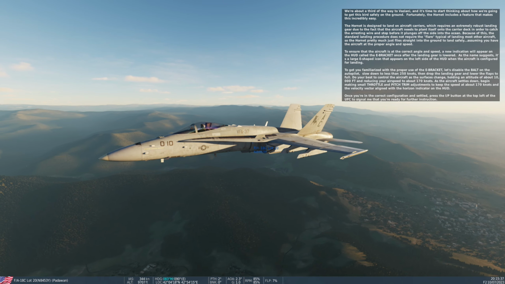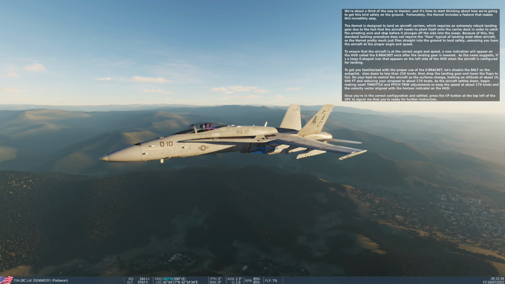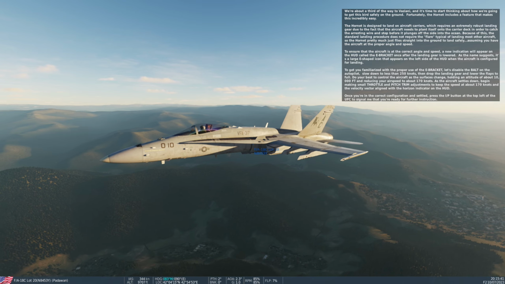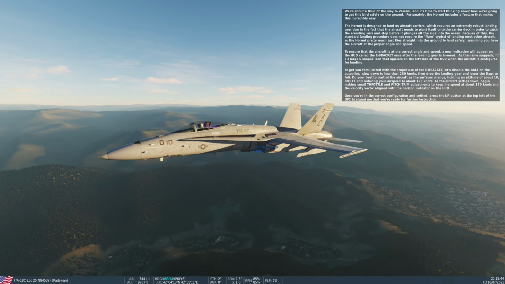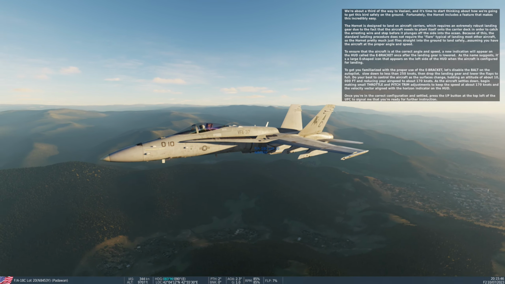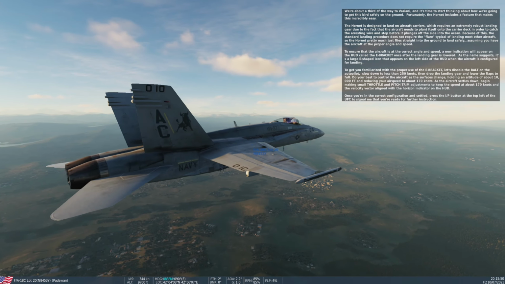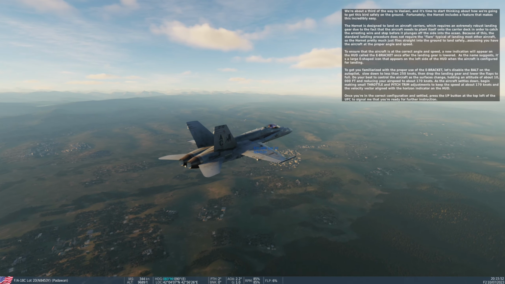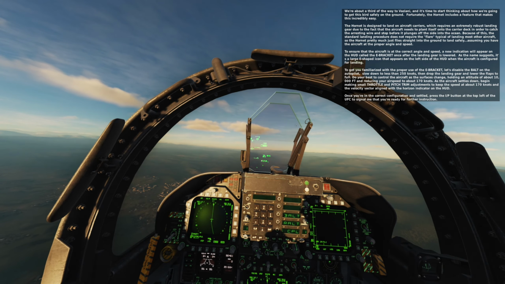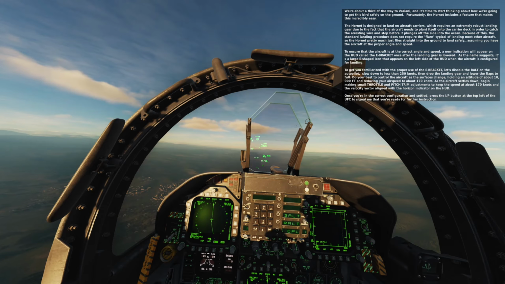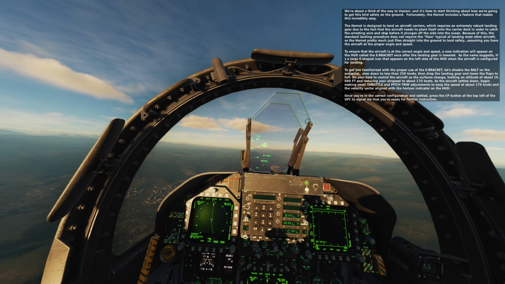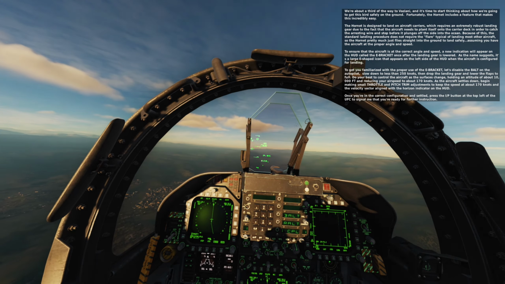To get you familiarized with the proper use of the E-bracket, let's disable the autopilot, slow down to less than 250 knots, then drop the landing gear and lower the flaps to full. Do your best to control the aircraft as the surfaces change, holding an altitude of about 10,000 feet and reducing your airspeed to about 170 knots. As the aircraft settles down, begin making